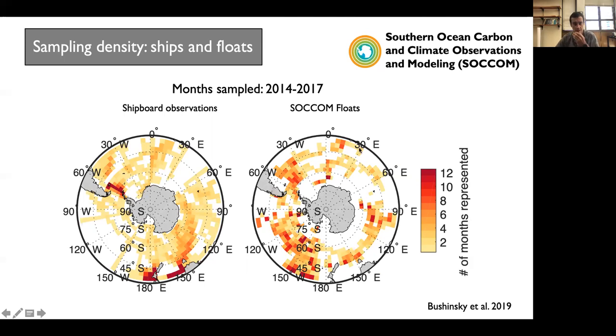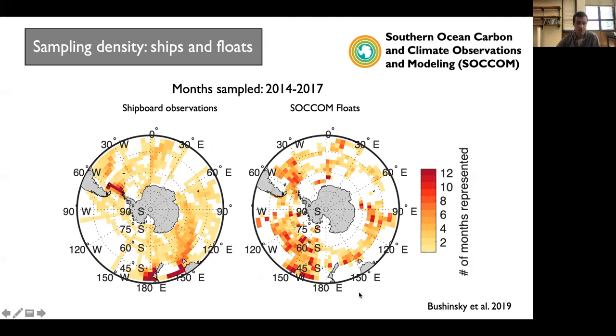So this is a comparison of what the floats get us relative to what we already have from shipboard observations, or what we are getting from shipboard observations. This is from a paper I published a few years ago, where we were looking at air-sea CO2 fluxes, and I'll talk more about that later. But the point of this is that when we look, similar to the Bakker et al. paper, at the number of months represented